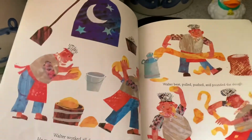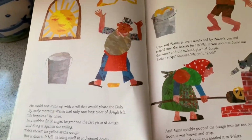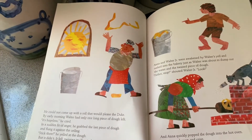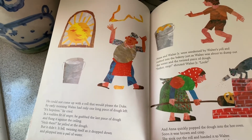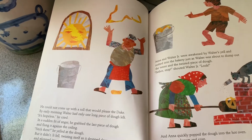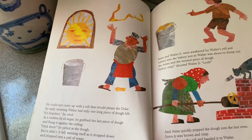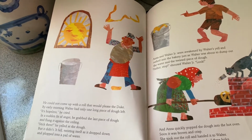He could not make a roll like the king asked for. Oh my goodness. He could not come up with a roll that would please the Duke. Excuse me, the Duke, not the king. By early morning, Walter had only 1 long piece of dough left. "It's hopeless," he cried. In a sudden fit of anger, so he's being reactive too, he grabbed the last piece